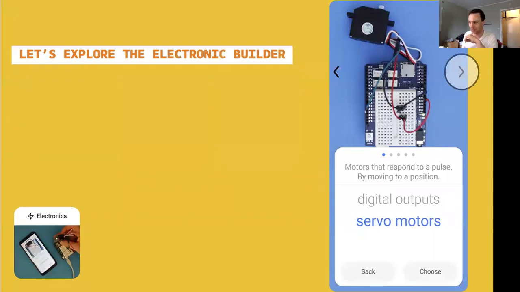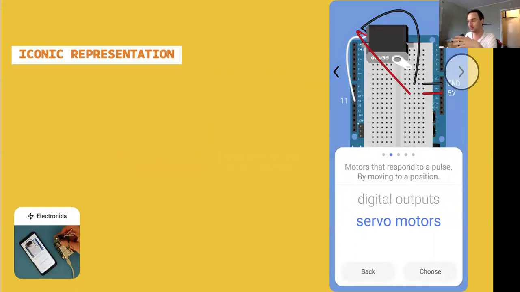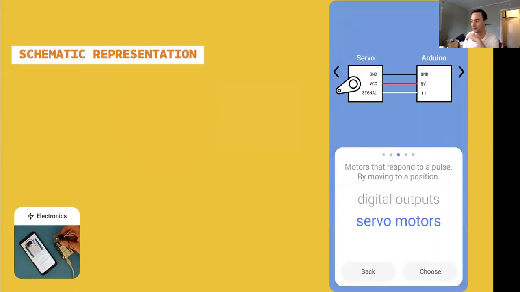In the electronic builder, just like the other tools, you have different ways of seeing how it works. So you can have this photo, or you can have a schematic or iconic representation. And that way you know how you should connect it, because you have seen the breadboard before in the electronics course. So you know a bit how electronics works, and this is a way to apply it to the different types